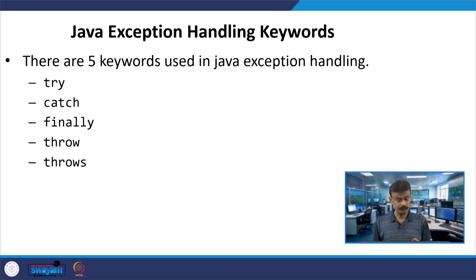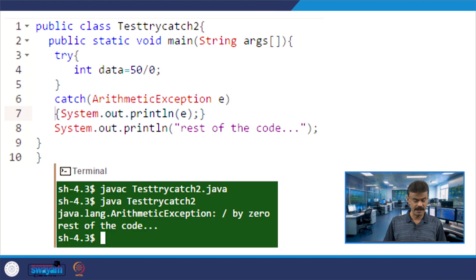Now, with the help of try and catch, in fact, it will throw the arithmetic exception, correct. So, let us see how this works. It is almost like C++, right. Assume that you have a driver class called TestTryCatch2,